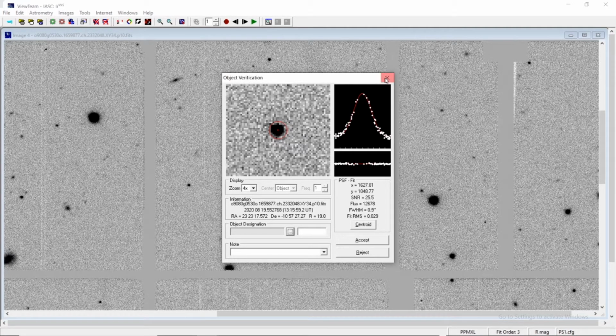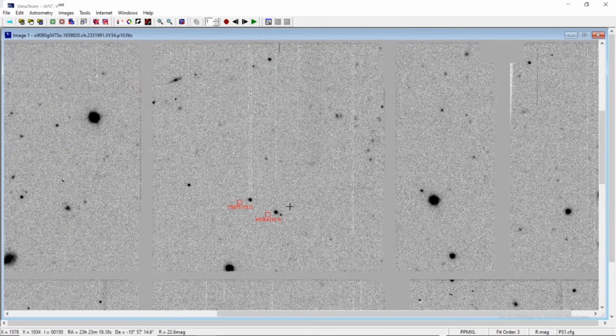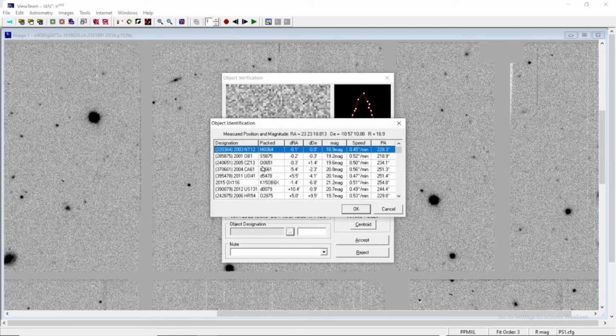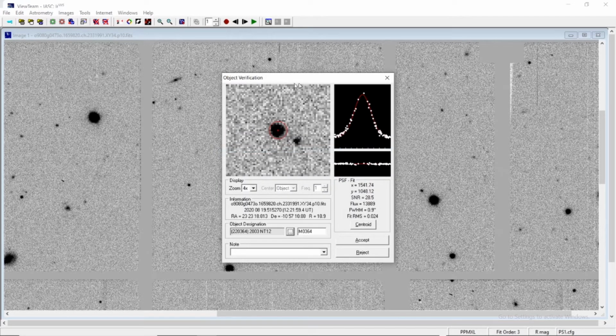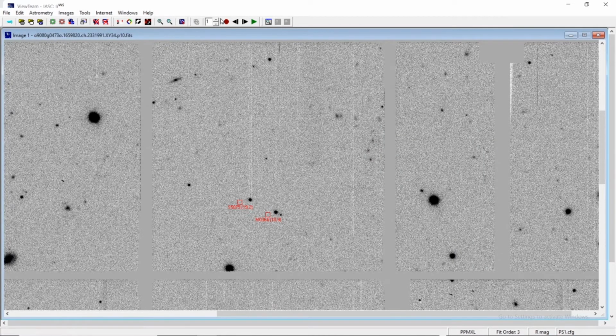So what we have to do is accept it by bringing it from image 1 to image 4. Now bringing the crossbar again to image number 1, everything has already been analyzed, so don't worry. We will go for the object designation, select the nearest object in terms of array index, and don't change this particular name. See whether the name is M0364. If it is M0364, since it is a 5-letter designation given already, don't change the name, accept it as it is.